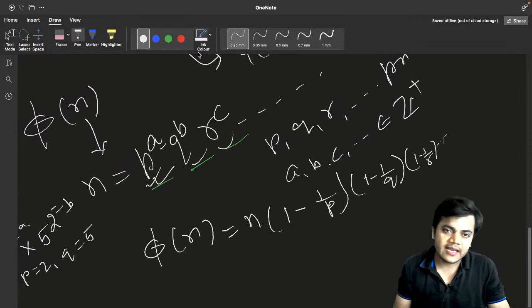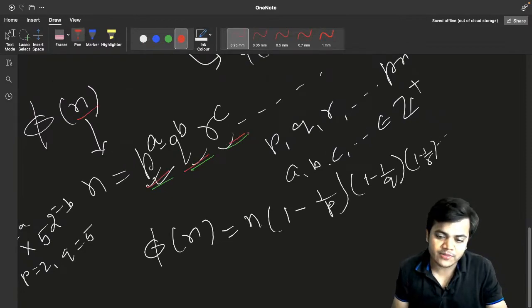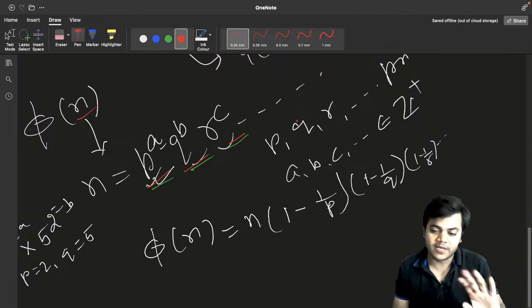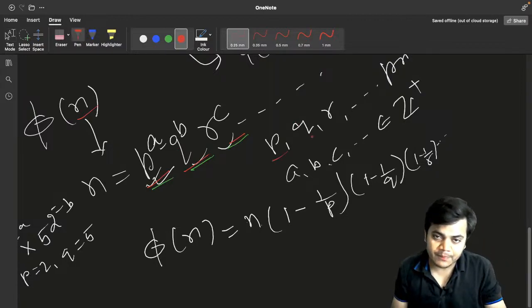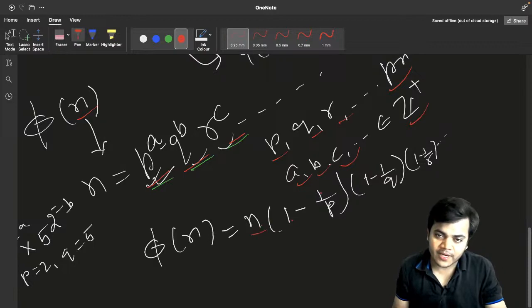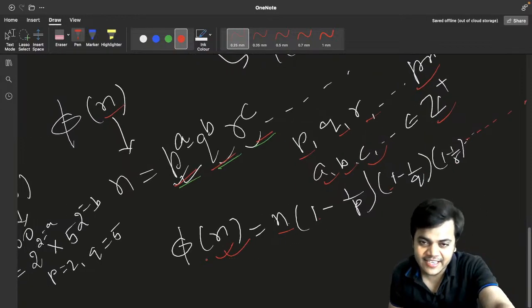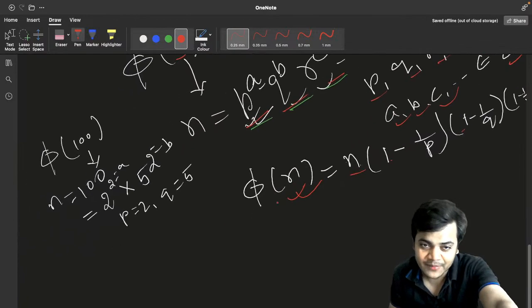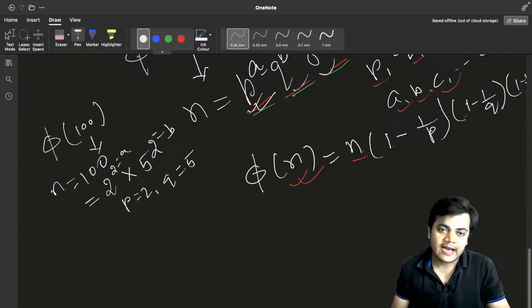ठीक है, क्या है, आपको phi n कैलकुलेट करना है। n को आपने प्रोडक्ट ऑफ पावर ऑफ प्राइम्स के रूप में लिखा, जो कि किसी भी नंबर को हम लिख सकते हैं। उसके बाद यहाँ पे p, q, r ये सब प्राइम्स को डिनोट करता है, a, b, c ये सब पॉजिटिव इंटीजर्स हैं। तो यहाँ पे n इंटू 1-1/p इंटू 1-1/q इंटू 1-1/r एंड सो ऑन, ये आपको क्या दे देता है, phi of n। यानी कि ये क्या दे देता है कि ये Un में कितने नंबर ऑफ एलिमेंट्स होंगे।